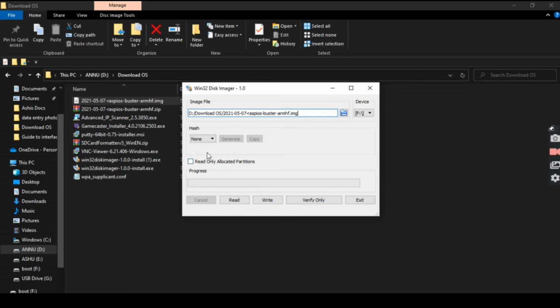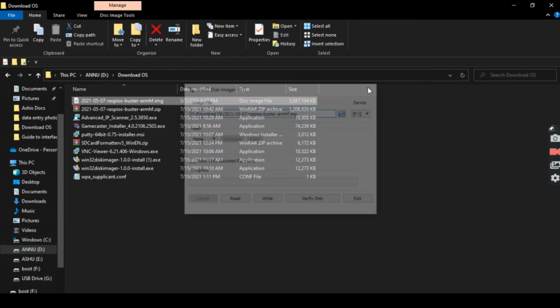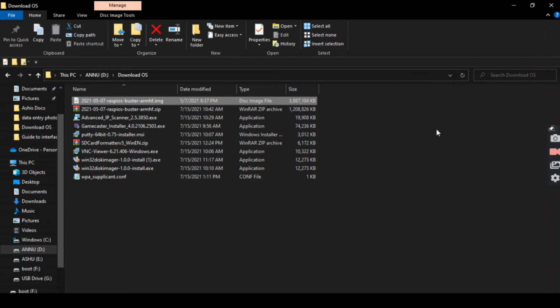Don't click on any other section of that icon. Click on write. It will take around 8 to 10 minutes to complete the write. After that you can proceed to the next step. In my case I've already done it, so I'm not doing it now.